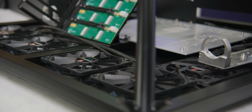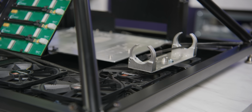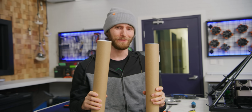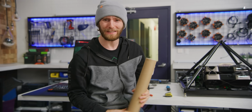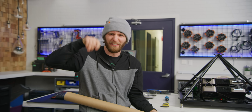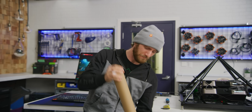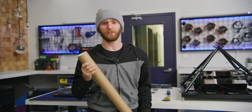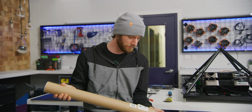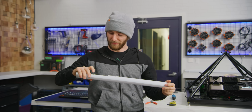So, you know those brackets that I alluded to earlier in the video? This is what we're putting in them. No, we don't want no wimpy, little flexible RGB strips, garbage like that. These are called Helios tubes. Do you know what Helios means? Helios was the god of the sun. And they are